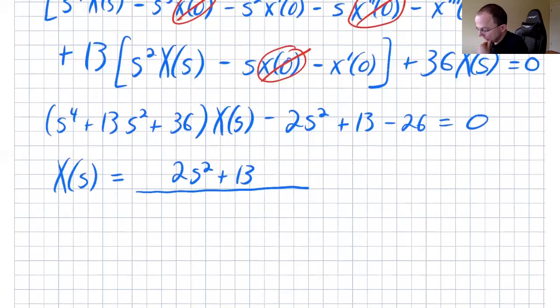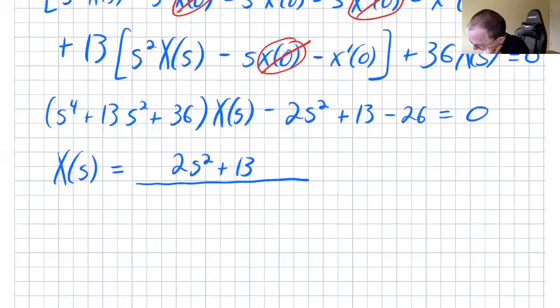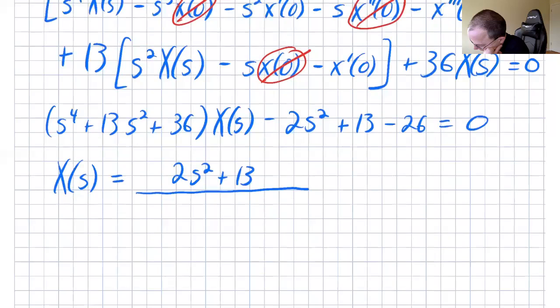Let's see. So I guess we're going to complete the squares. Wait, do we need to do that? Maybe not. Let me think. So 36 is... I do have the right numbers here. Yeah. Okay. So 36